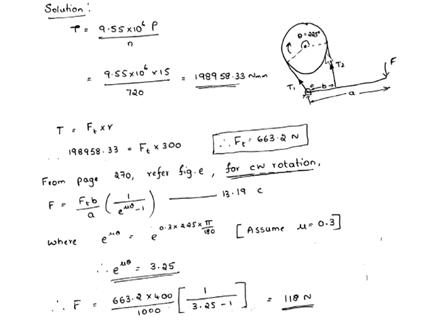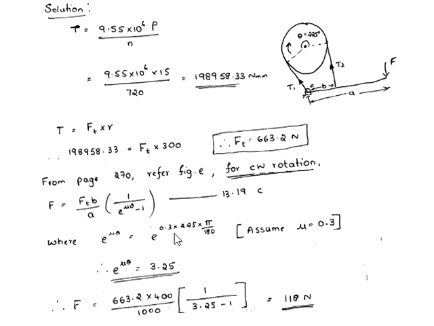It rotates in clockwise direction, and the force is acting downward. That means the direction of F and the direction of rotation are the same. The direction of rotation is downward, and the force is acting downward, so both directions are the same. Therefore, in the data handbook, select the clockwise rotation equation. The equation is equation number 13.19c: F is equal to Ft b divided by a into 1 divided by e to the power mu theta minus 1.